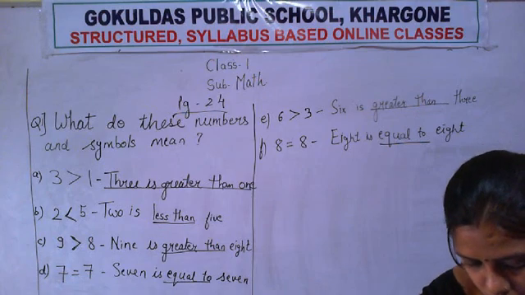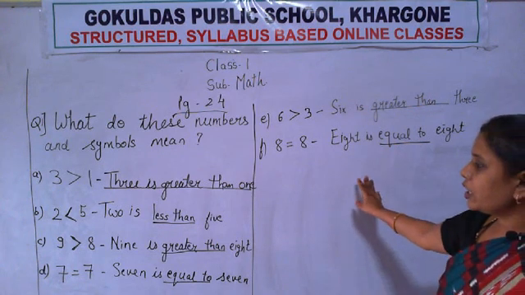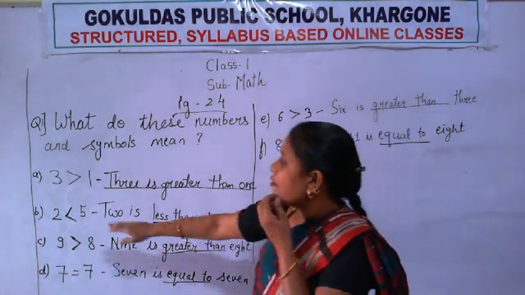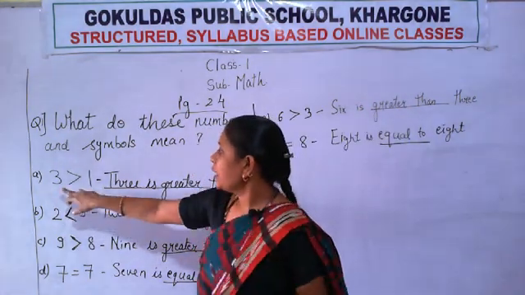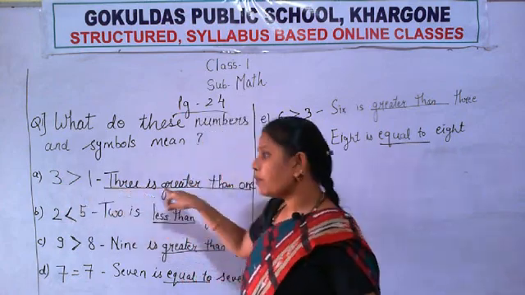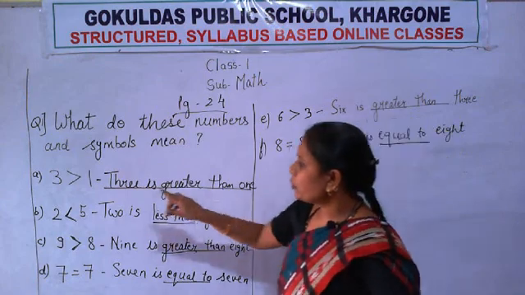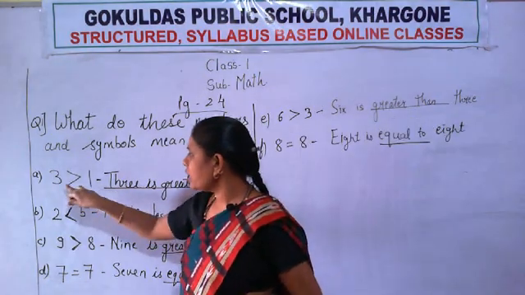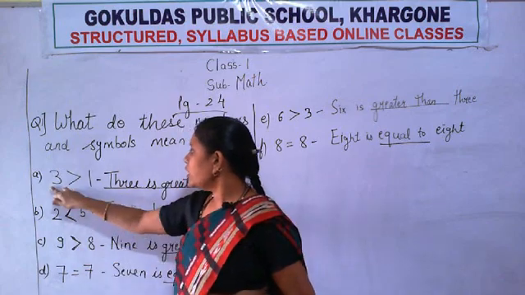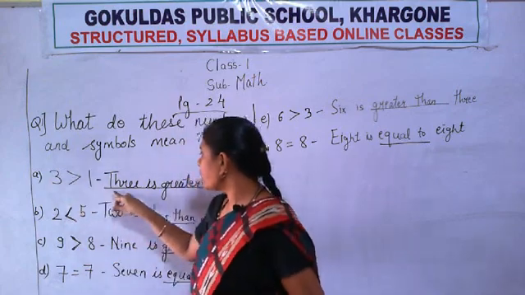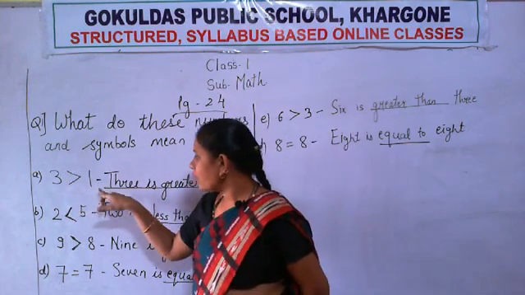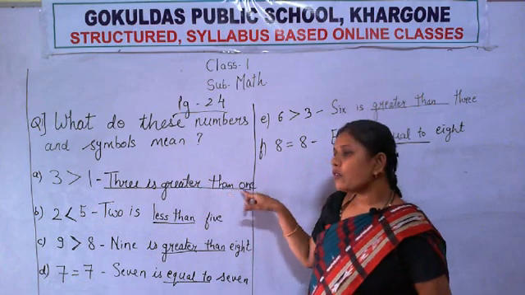Okay, in this first question, what have we been given? We have been given a question in the form of numbers and symbols, and we convert this into statement form. These are known as numerals or numbers, and this is known as a symbol. So these numerals and symbols we have converted into the form of statements. That means how we read it, in the same way we write it in the form of a sentence.